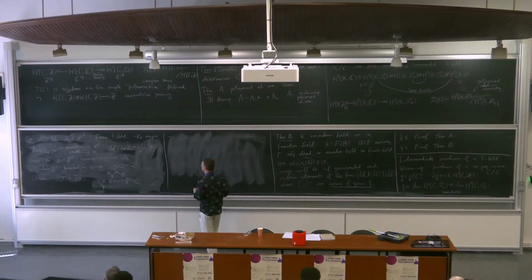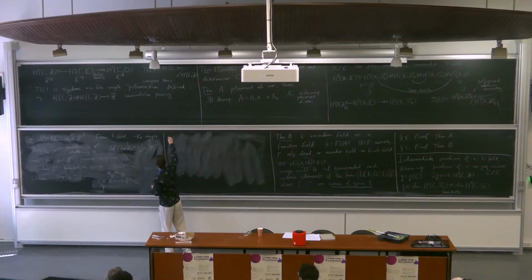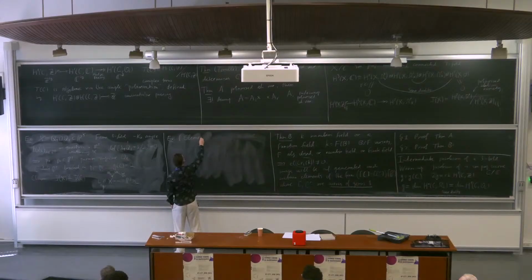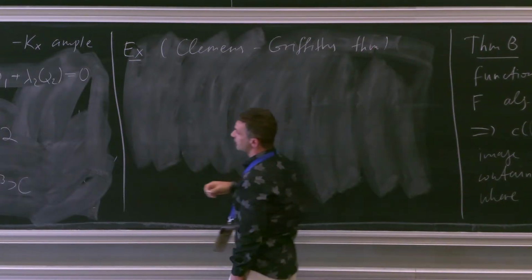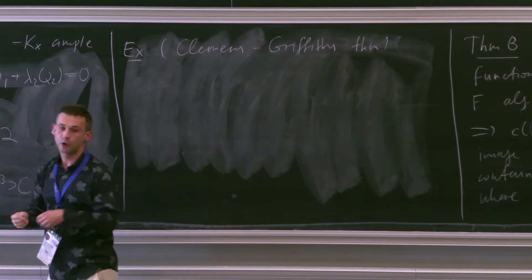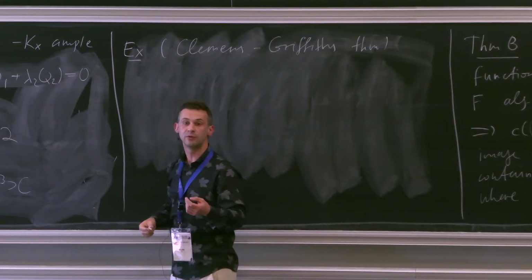Good. So then maybe I'll give you another example. I kind of want to emphasize how it was used classically. Another example is we look at a very simple threefold, which is not rational. Specifically, we look at the Clemens-Griffiths theorem. So now, instead of the intersection of two quadrics, we go one degree down and we look at a cubic threefold.